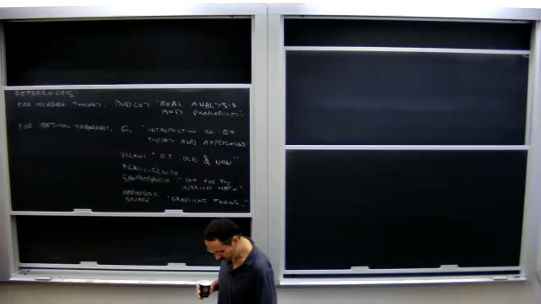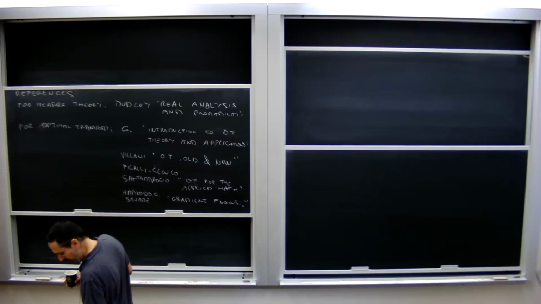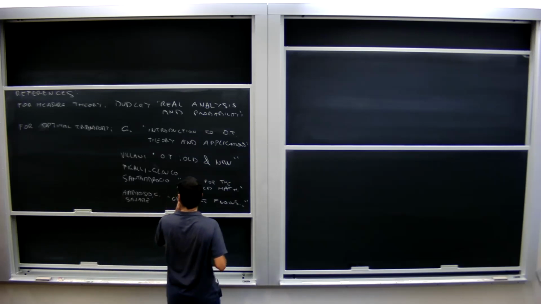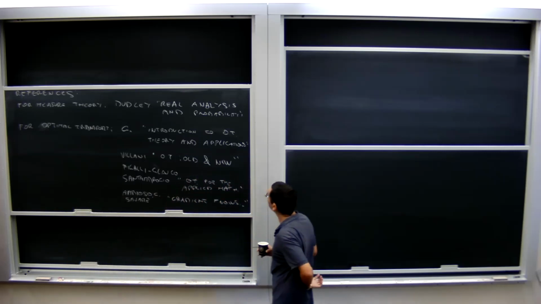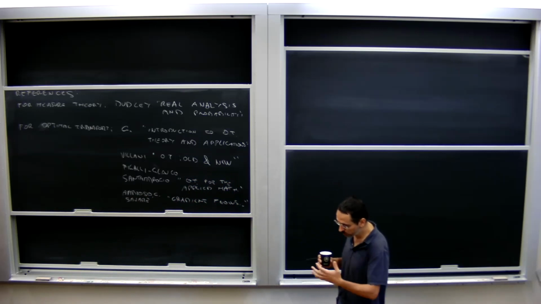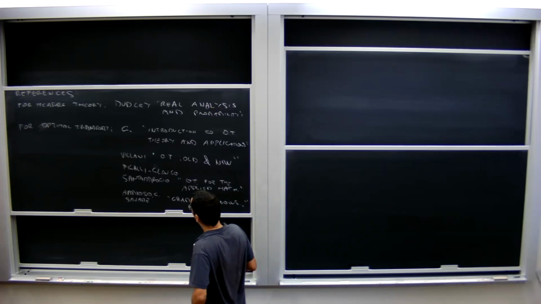As for the references about the things that I've done so far, for measure theory, any good book on measure theory covers the disintegration theorem and the Kolmogorov theorem that I'm going to discuss today. A good quick introduction you can find in Dudley's book, Real Analysis and Probability. Sometimes the presentation is a bit more probabilistically oriented, but even if you don't know probability, that's okay, or should be okay.